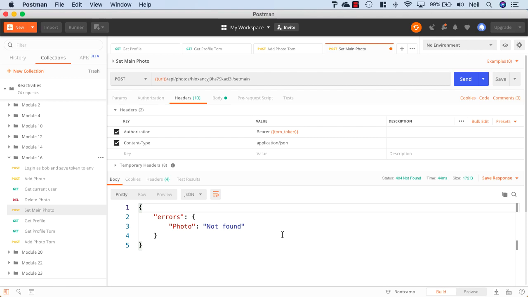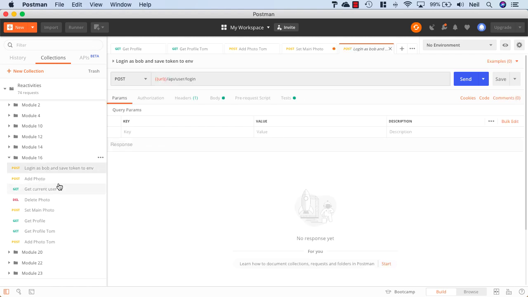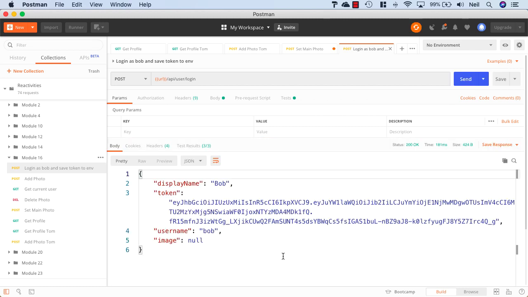So there's several places we're sending back an image, but at the moment we haven't got an image that we're sending back. One example would be when we log in, for instance, and I'll just send the request to log in as Bob. And we've got an image in there which we could populate now with the main image